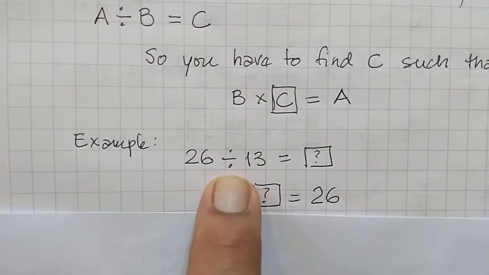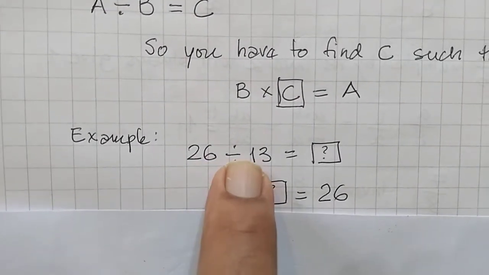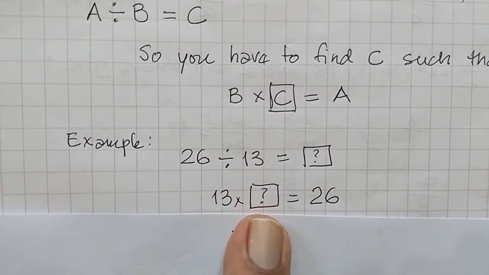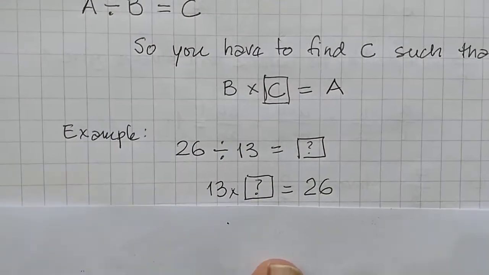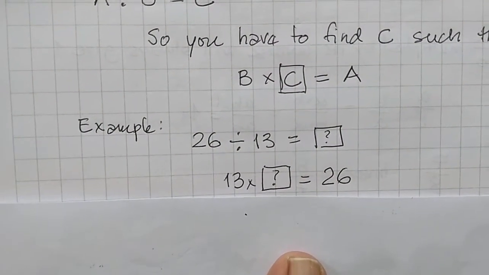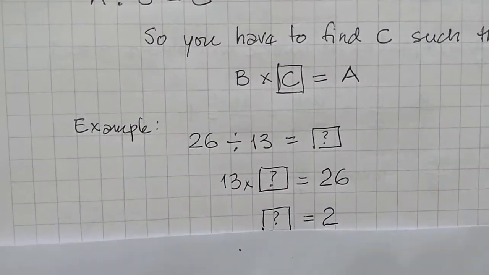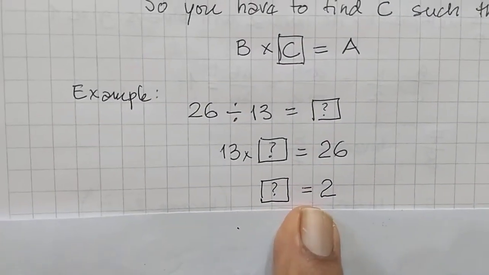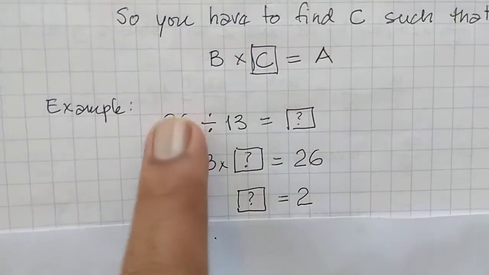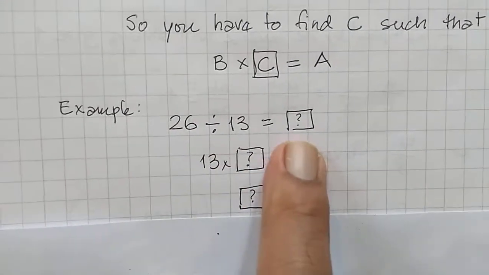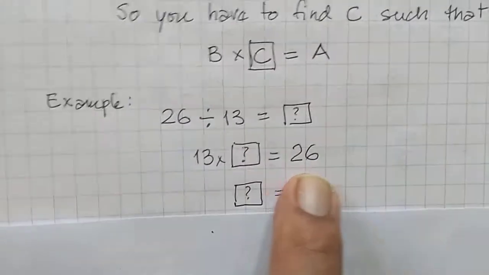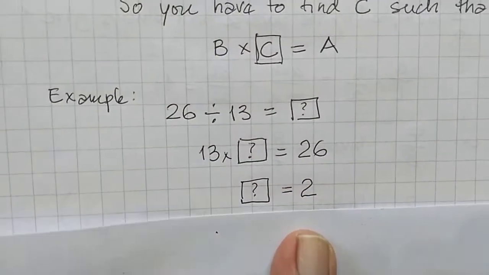In this video, I am using this division sign, the horizontal line with 2 dots, one below, one above. And I really don't like to do that, but in this video I'll use it. And in future I'll tend to avoid it, and I also want you to avoid it as much as possible. So here the question mark is obviously 2. So 26 divided by 13 is equal to 2. Here we didn't do any calculation as such. We just saw that we know that 13 into 2 gives 26. So that's why the answer is 2.